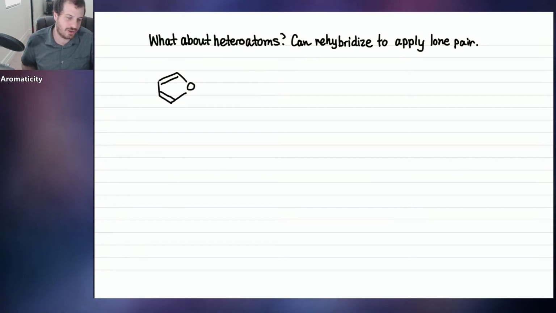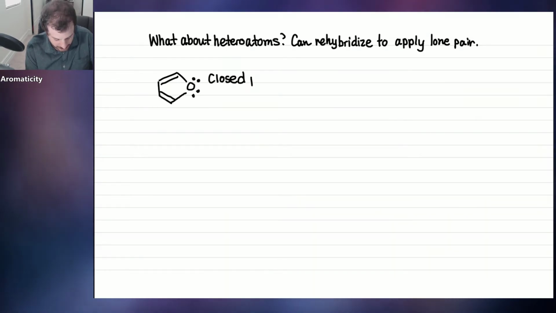Okay, this molecule here is called furan. And there are some lone pairs on this oxygen. We want to determine: is this compound aromatic? What does the oxygen have? Does the oxygen affect our aromaticity here? That's a big question. So the first question, remember, aromaticity has 3 things that we need to check for.